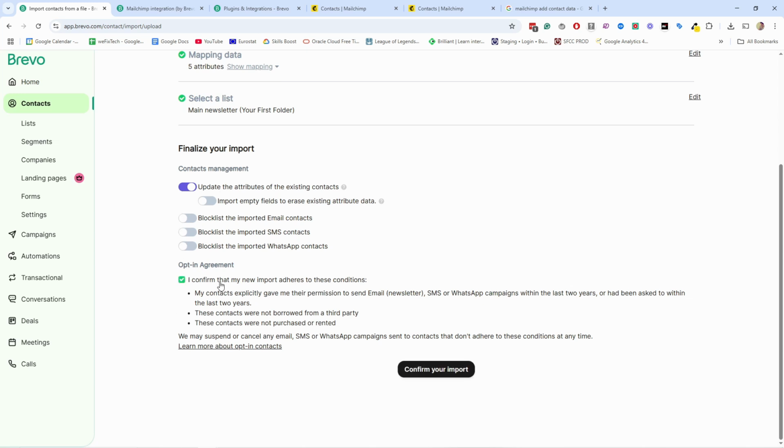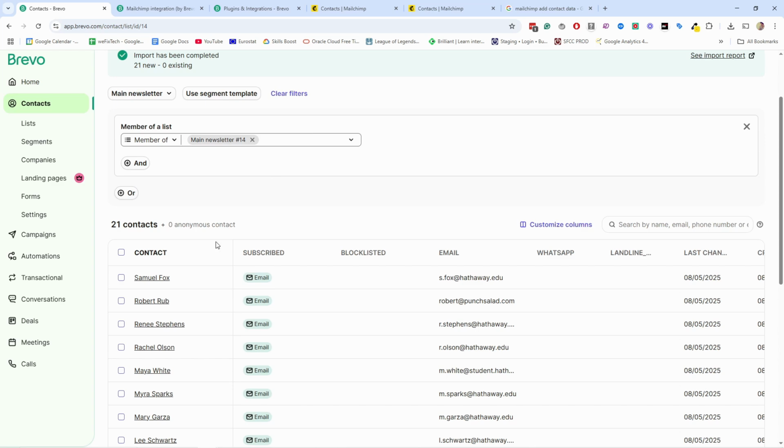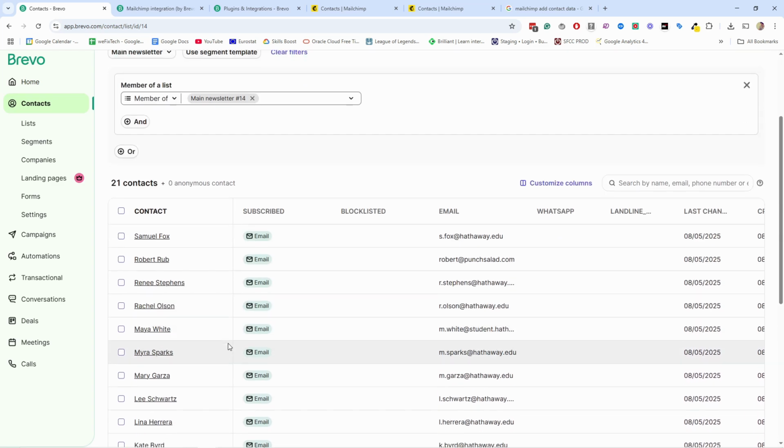So opt-in agreement. This is important that you make sure that you comply to this. My contacts explicitly gave me their permission to send email. Since you're moving from American company to European, there's a little bit more privacy laws that we need to adhere to. So make sure you have that explicit consent, that these contacts were not borrowed from a third party, so you didn't buy them from somewhere, and that these were not purchased. Well, that's basically the same thing. So make sure you adhere to these, and then click on confirm your import. There you go. It's almost instant. You see that these have been now imported, and now they're added to my list,